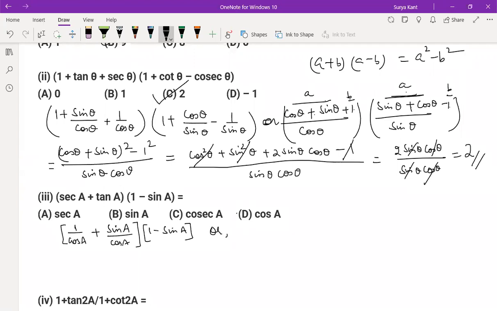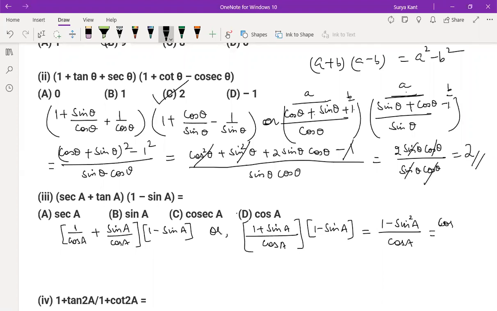All right, fine. So see, we can take LCM from first, that is cos A, 1 plus sin A in one bracket, and we can write here 1 minus sin A. Now children, see, the same form is coming, 1 plus sin A, 1 minus sin A. What we can write here, A square minus B square, divided by cos A. So 1 minus sin square A is equal to cos square A. This is the identity, cos square A divided by cos A, where cos A and square will get cancelled.